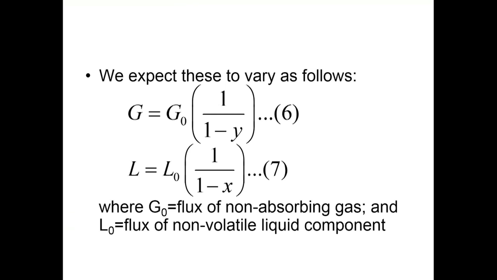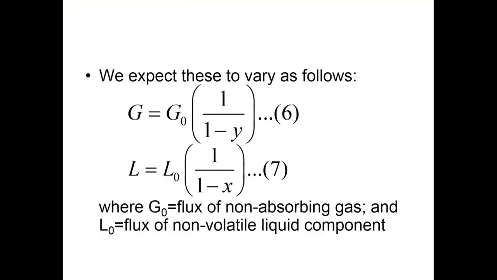Similarly, the liquid comprises the solution, that is the solvent plus the solute together. Solute is not any more negligible. So, for 1 minus x of the solvent, 1 is the total. So, for L0 molar flux of the solvent, non-volatile solvent, the total molar flux of the solution should be larger than L0. So, L0 by 1 minus x, that is L, and we know that we would be accounting for variation of y and x with z. So, this will permit us to account for the variation of G and L, the two molar fluxes, with the distance measured from the bottom, that is z.